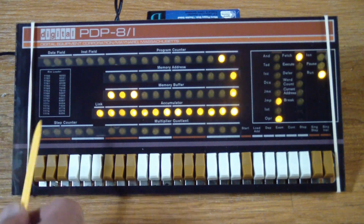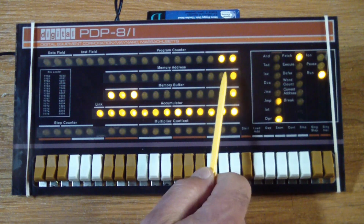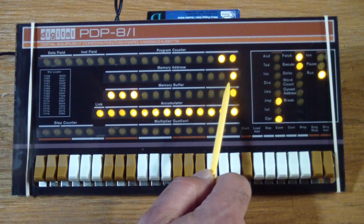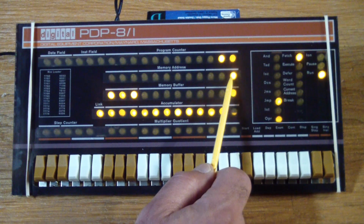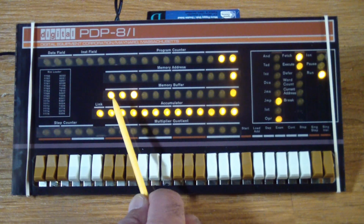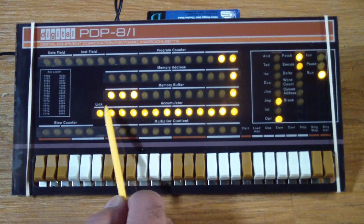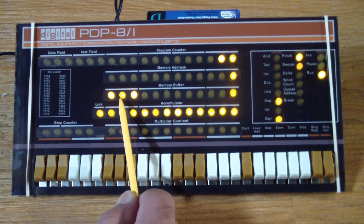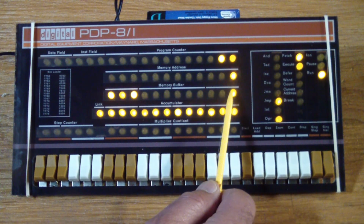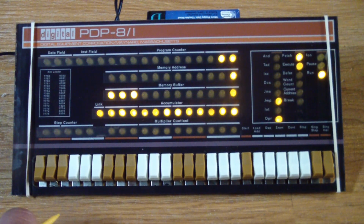But just to examine what's happening here, note that only the first bit of our memory address is flashing on and off very quickly. That's because our program resides at 0 and 1. So we're seeing it toggle between 0 and 1, and none of the other lights are coming on because it never leaves that area. And on the memory buffer, the 5 is lit because these two are always lit because both instructions have these 2 bits set, but these 2 blink because one instruction has these set and one instruction doesn't. Confused yet? God, I'm confusing myself, but